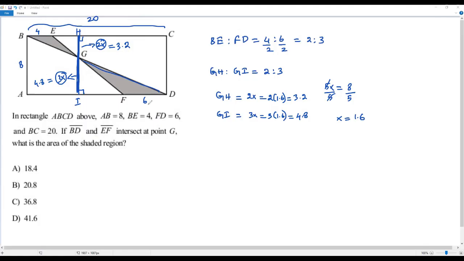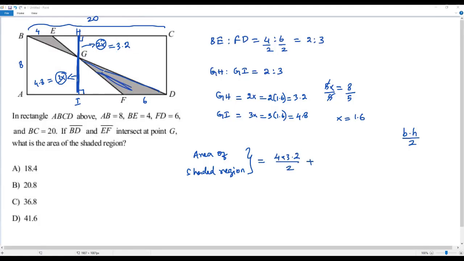Now let's get the area of the shaded region. Let me write the stuff over here. Area of shaded region. To get the area of the shaded region, I have to add the areas of the two triangles. Now let me get the area of this first triangle. For that, we can use the formula base times height divided by 2. Here, what is the base of this triangle? That is 4, and the height of this triangle is 3.2. That is 4 times 3.2 divided by 2, plus